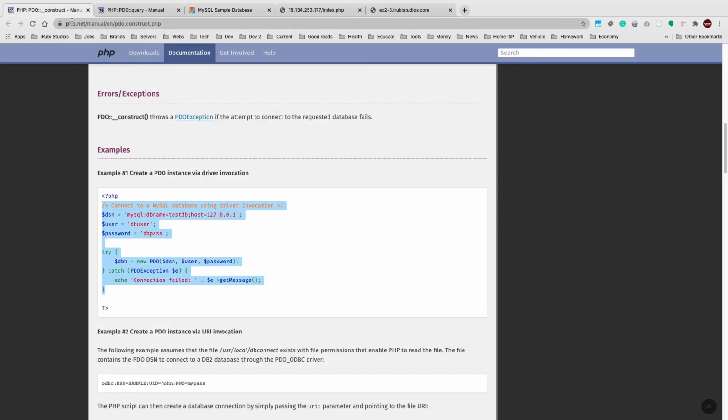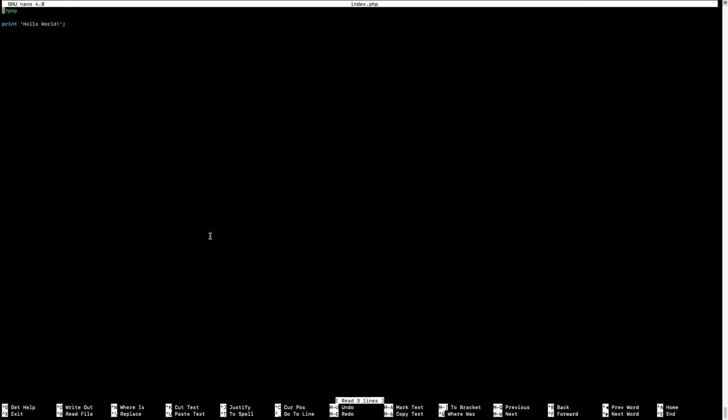So if you go to the php.net manual en pdo.construct.php webpage, you'll see an example for how to connect to MySQL using PHP PDO. In the first example, we're just going to copy that and paste it in,